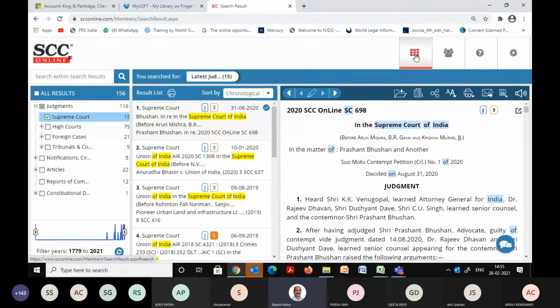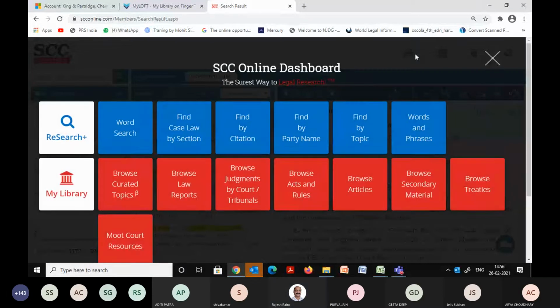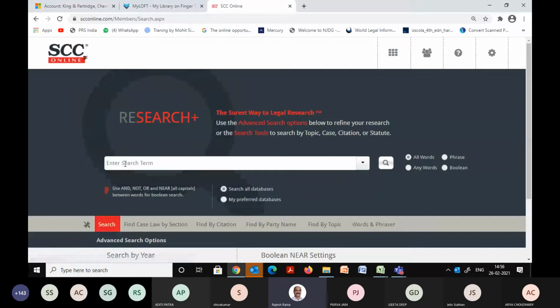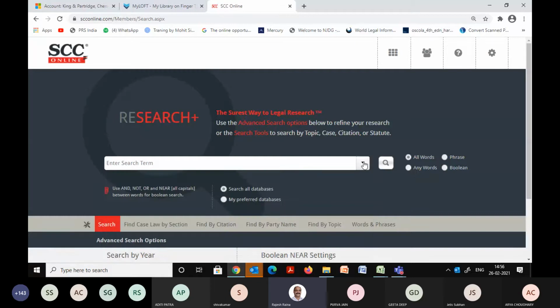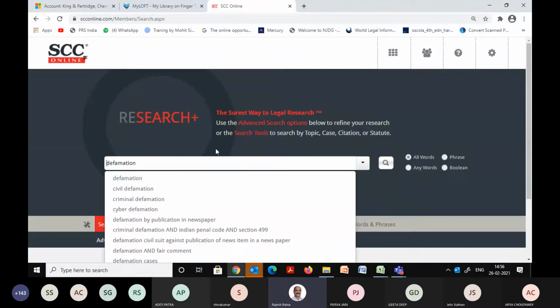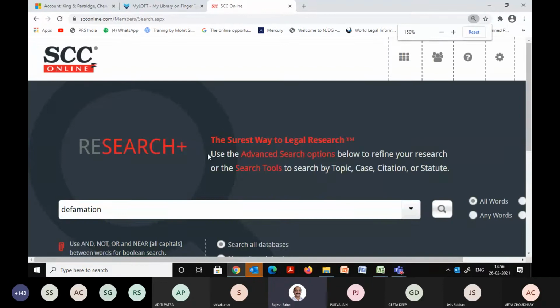OK, now let me go back to the dashboard. And now I'll again reframe this query. Instead of the entire sentence, which I'll pull up again from the saved searches, now all of it is here, and instead of that, I'll keep only the main keyword that I'm looking for, and that was defamation.